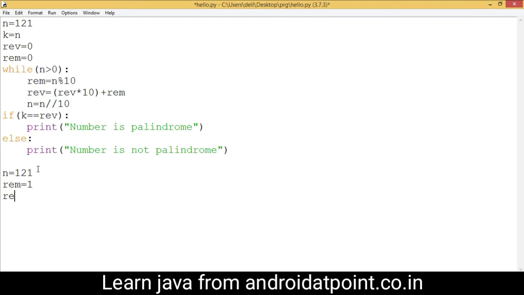Now the value of rev is 1. Now the value of n divided by 10, and after division by 10 the quotient is 12.